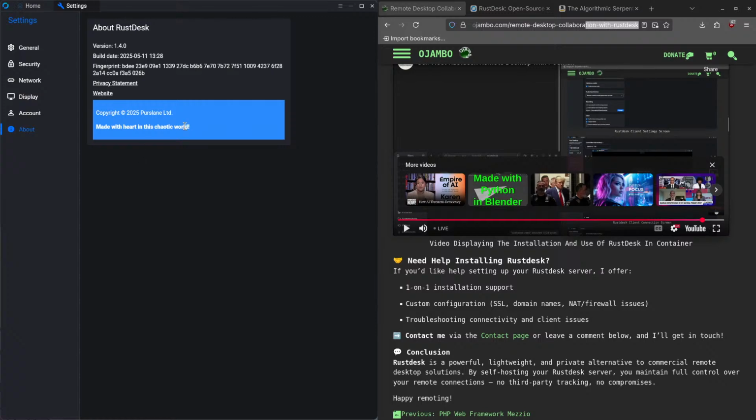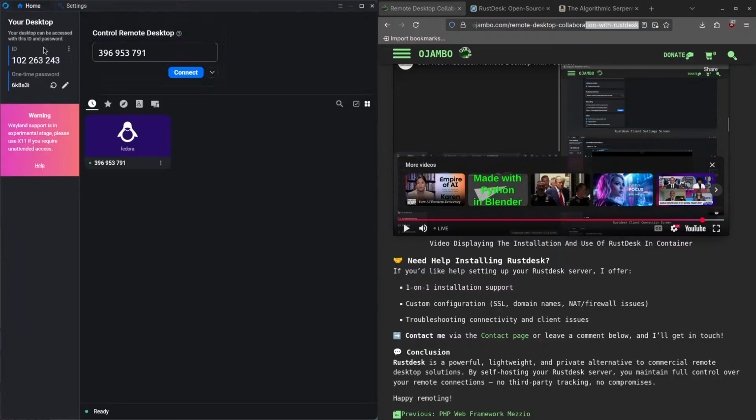Okay. With that said, let's actually now connect to the laptop, and I'll show you how this works. And I'll show you the laptop settings. The laptop is actually, I think, asleep now, or the monitor is sleeping. So let's go back. You just click the home tab here, and you can see here